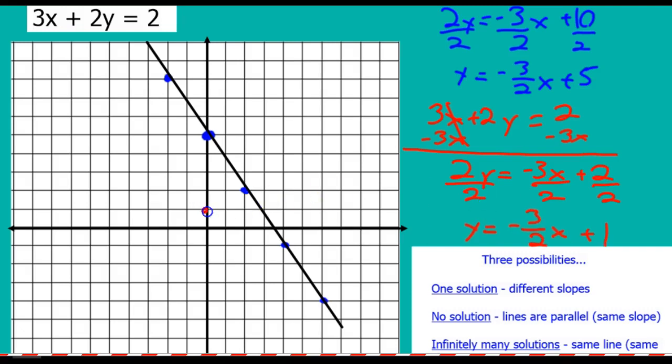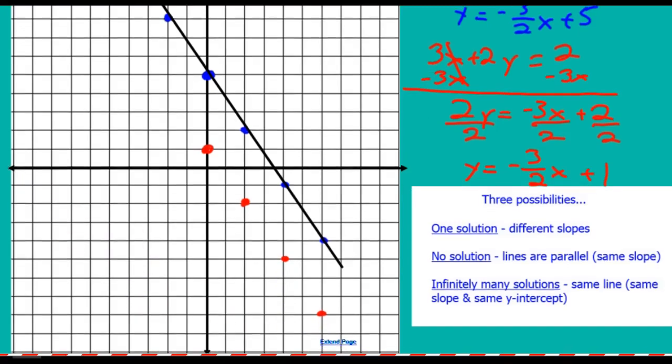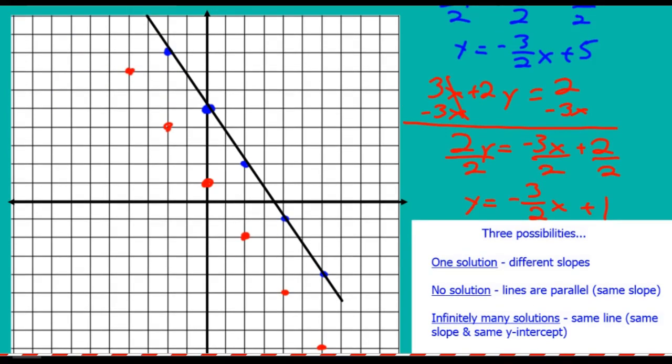That begins at 1, goes down 3 and over 2, down 3 and over 2, down 3 and over 2. Go up 3 and over 2, up 3 and over 2. So if we made this line,